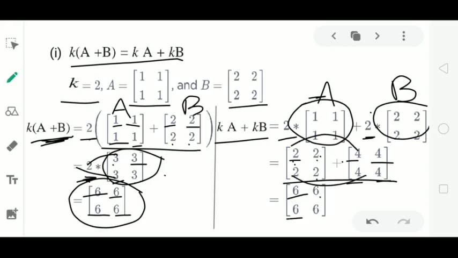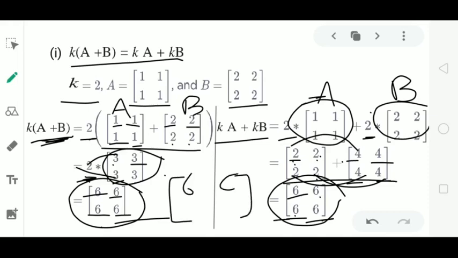2 plus 4 is 6 and the fourth element is also 6. Now observe the result of these two, LHS and RHS. Both result in the same matrix of order 2 with the same elements 6, 6, 6, 6. So we conclude that k into (A plus B) is equal to kA plus kB,